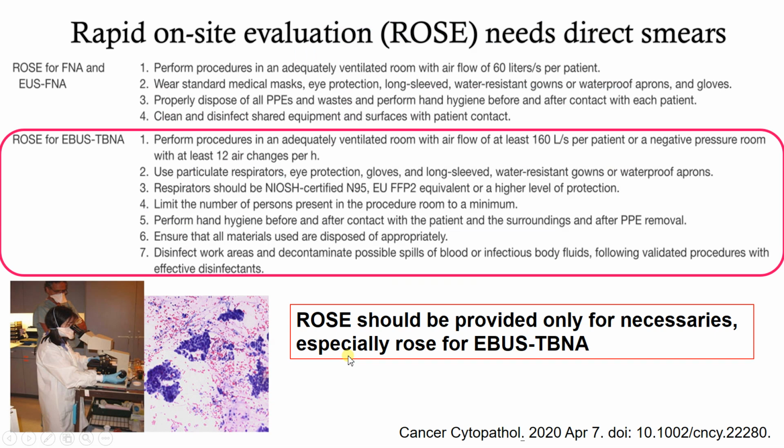And just like the frozen section in surgical pathology, ROSE is another issue in cytology, because when you perform rapid on-site evaluation, you need to do the direct smears and you are exposed in the same room with the patient. So the performers, as specialists, are at the highest risk. Especially when you do the EBUS,